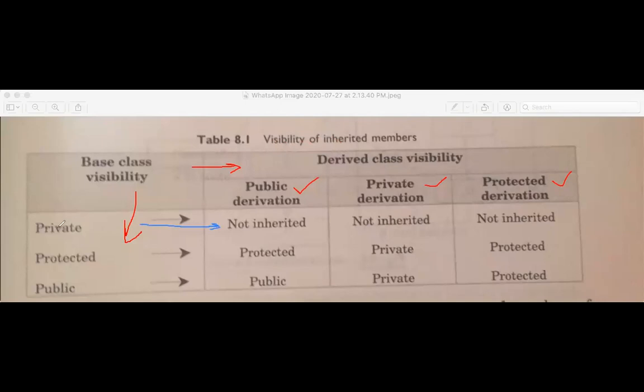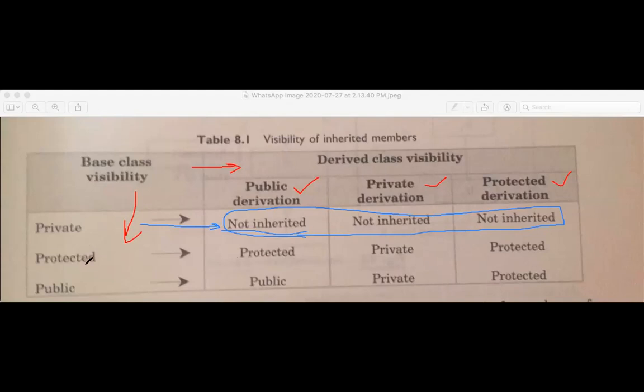It is not inherited. So the private member of the base class cannot be accessed in the derived class. This is the first one. Getting? Actually the private member is not inherited in any derivation. In any derivation, private is always private to the base class only. It is not available to the derived class.